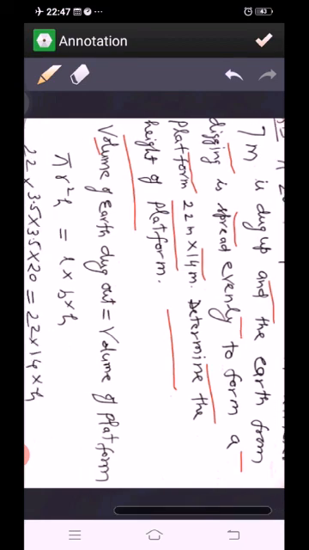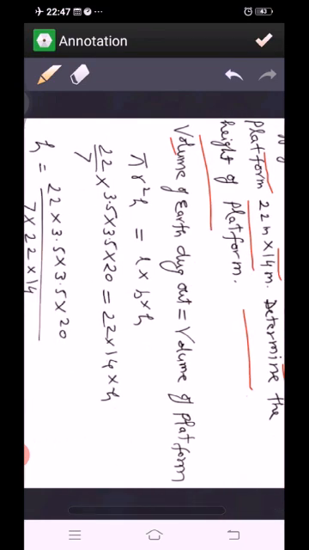So, volume of earth dug out will be equal to the volume of platform, because all the earth, soil which is taken out is used to make a platform. So, volume of earth dug out, volume of soil will be equal to volume of platform. Volume of earth dug out, that is the volume of well. Volume of well is cylindrical, that is pi r square h, and platform is cuboidal, so that will be length